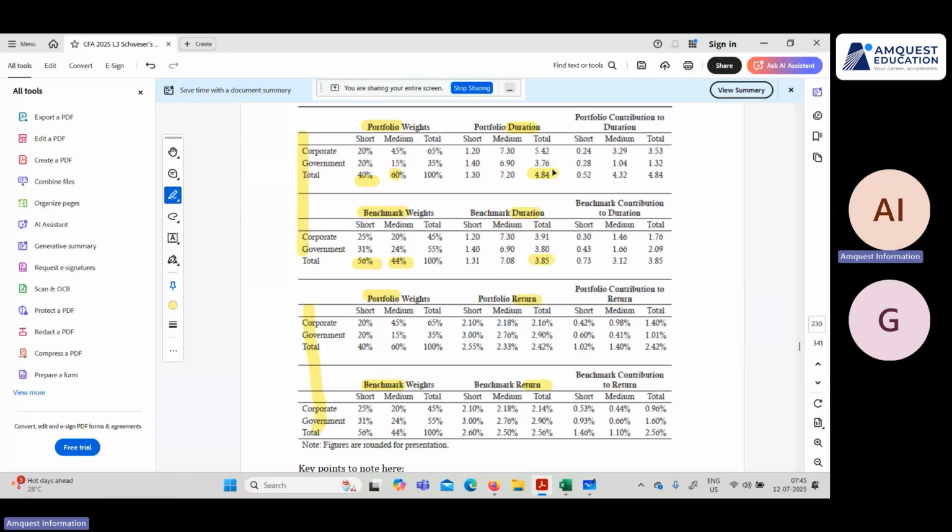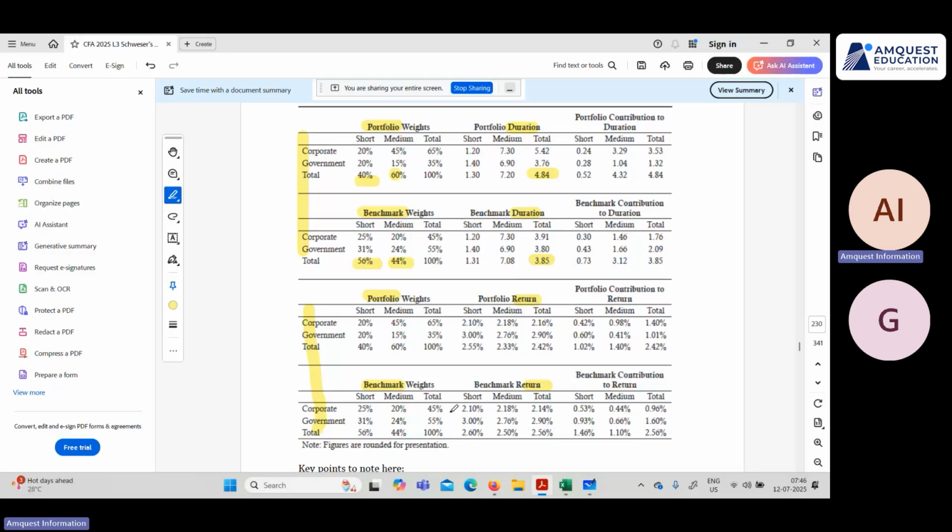ये कोइंसिडेंस है, ऐसा होना था. He's overweight medium duration, right? So it'll be exactly. अगर आप वेटेड एवरेज भी लोगे, और अगर आप मीडियम टर्म बॉन्ड्स को ओवरवेट करोगे, तो इसका मतलब ज्यादा वेट ज्यादा ड्यूरेशन को डाल रहे हो, तो थोड़ी ड्यूरेशन तो ऊपर होगी देन द बेंचमार्क. Makes sense? Makes sense. ओके,